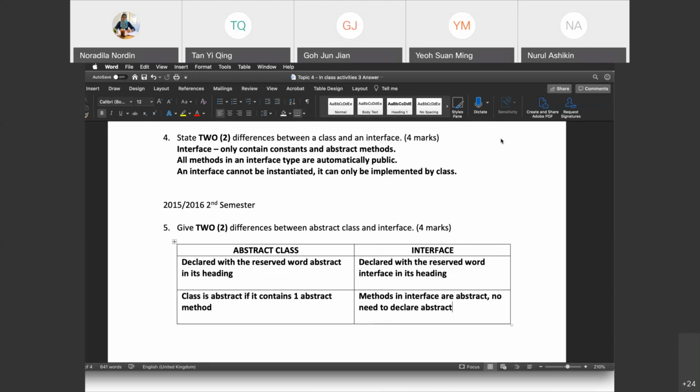Not really. So any question about abstract and interface? So basically we have the abstract and interface because what we have done before, we write our methods straight away. And then if we have our children, meaning that we extend that parent class, then we only override the methods, right? But some methods